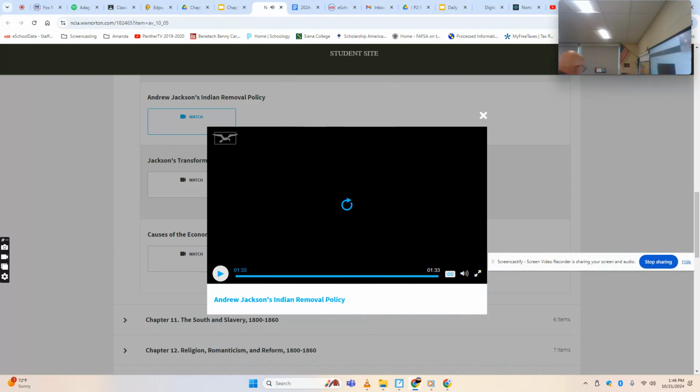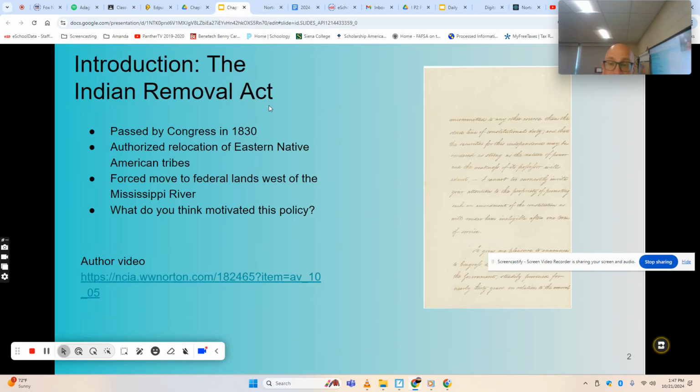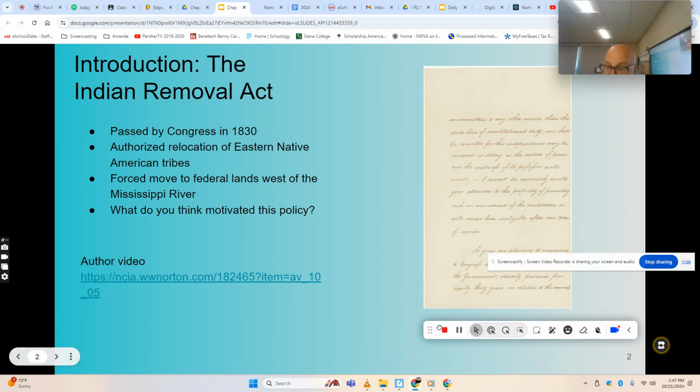So the author makes an important point. This was not just done to make way for American settlers, although that is part of the reason. It's also done to ensure that if settlers and Native Americans came into conflict over lands, what usually was going to result? Expensive wars. And Jackson did not want the country to have to pay for expensive wars to defend American settlers against Native Americans. So to prevent that from happening, he forced Native Americans to move west across the continent. And that's exactly what will happen with the Trail of Tears, which we'll get to in a moment.